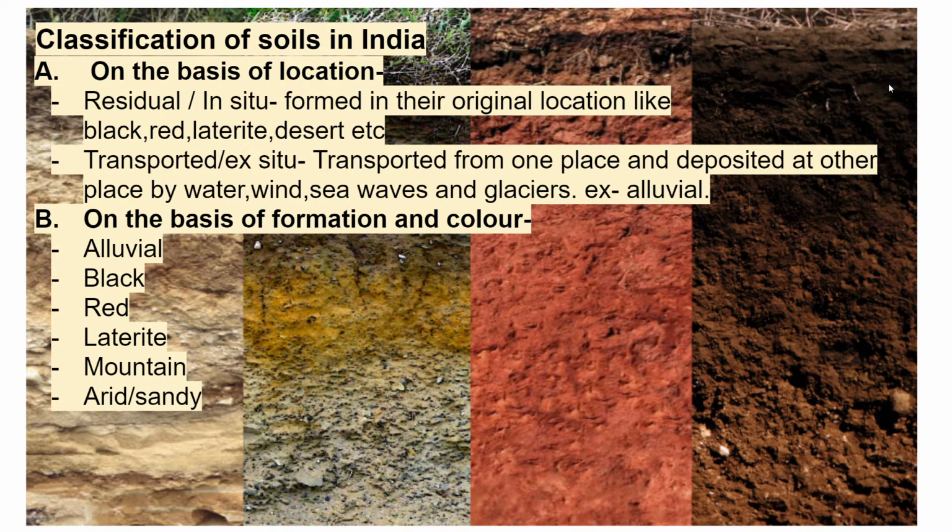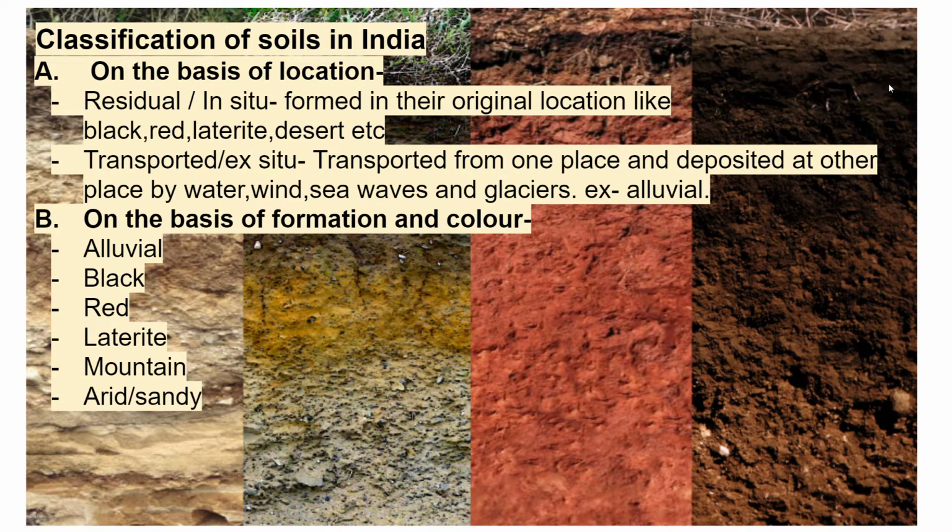Now let's see classification of soils in India. In India, soils can be classified on two bases. First is on the basis of its location, that is where the soil is found. If soil is found where it has been formed, at the place of its formation, that is called in situ soil. That means a rock has been broken and after breaking down the soil is formed there only. So when the soils are found in their original location where they have been broken, it's called residual or